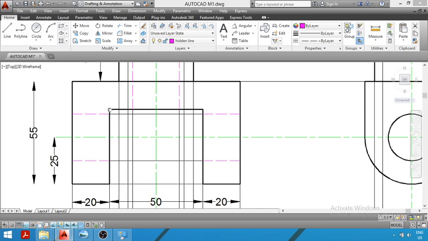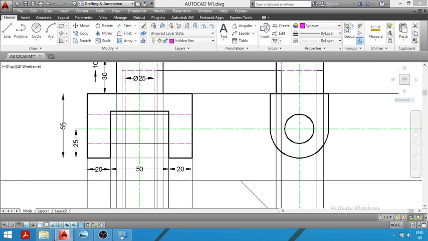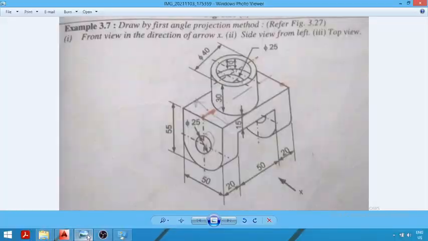There is an edge present at this corner, and when observed from the left-hand side view, this edge will not be visible. So the edge passing through this corner is hidden, and we have to represent this edge in the side view by using a dotted line, or hidden line.